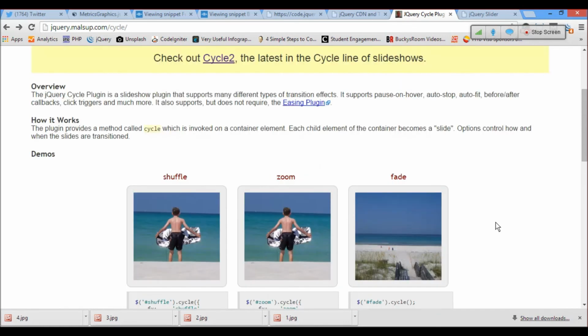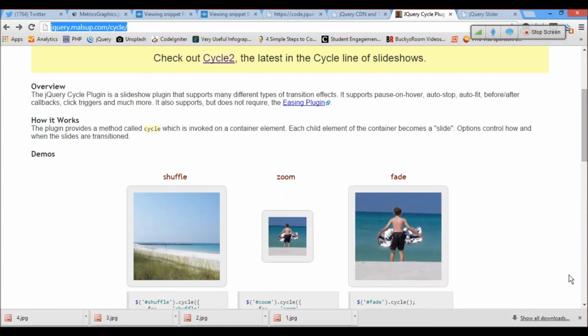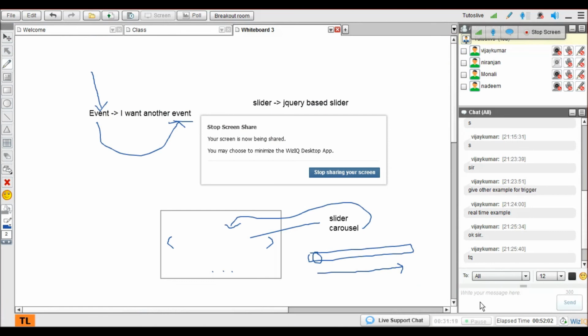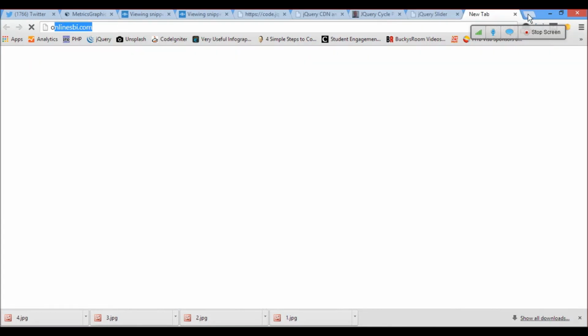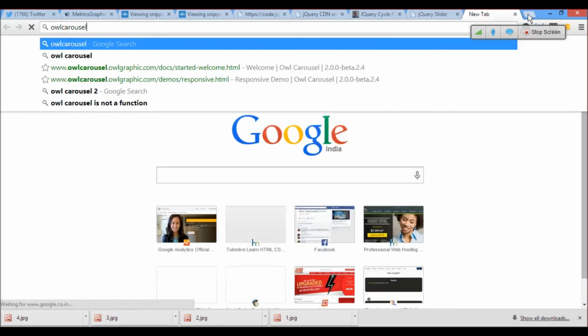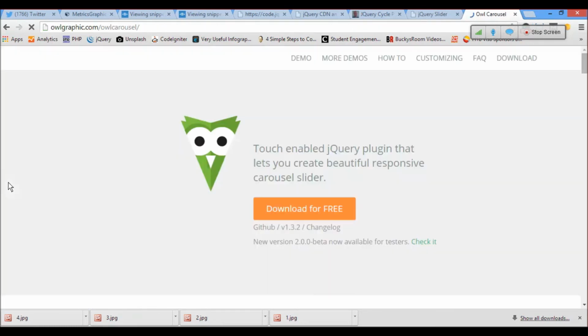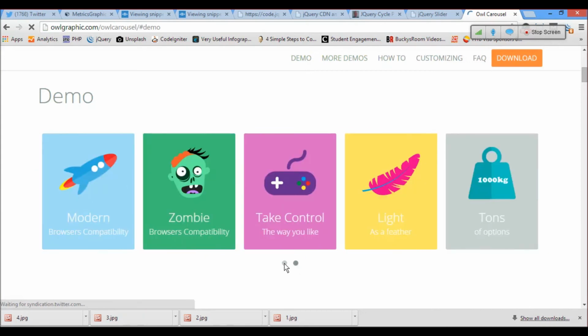So what I suggest to you guys is go to this website and try all the possible things. It has everything. How do you place click, how do you do the other carousel I was talking about, the whole carousel? It's a very wonderful carousel. I really like this, it's what I use in all my projects. It's free, and it has a demo. Let's see a demo here. This is a demo. See, this is really cool.